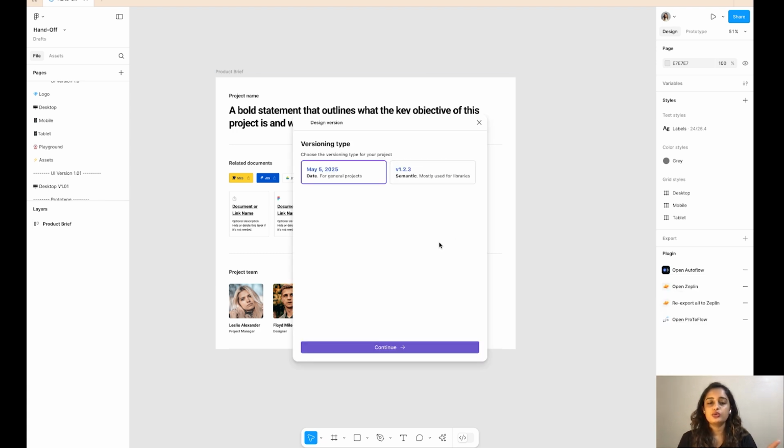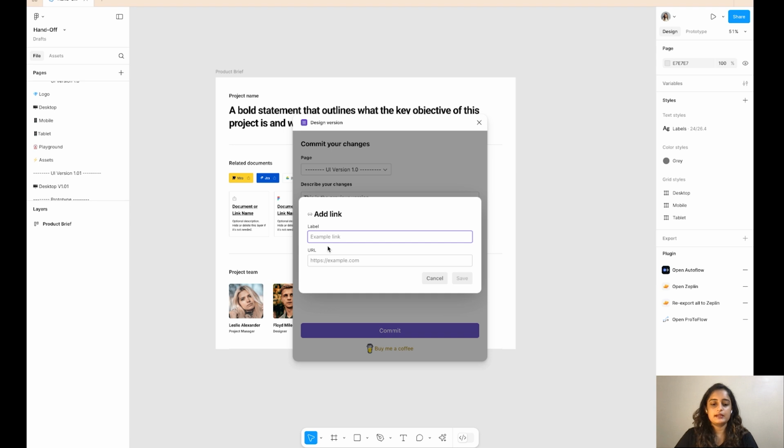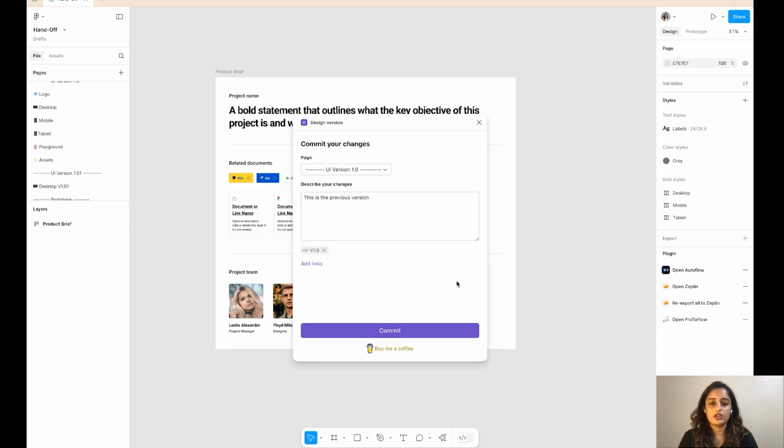It's going to show you two types of versioning. One is date and the other is semantic versioning. I'm choosing the date option. All I have to do is select the destination. I'm going to select this page and I'm going to type that this is the previous version. It's a note that you can add, and all you have to do is label the version and add a link of the page that you're committing.